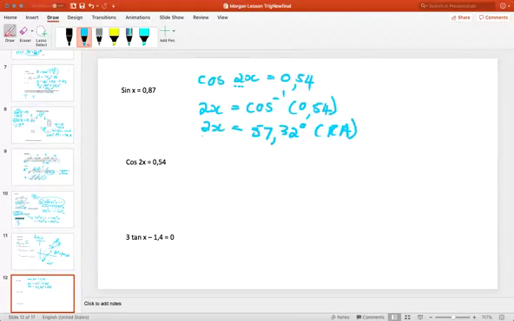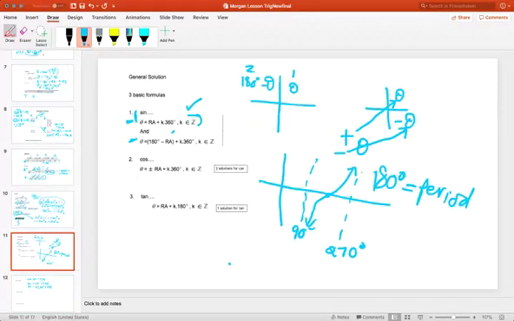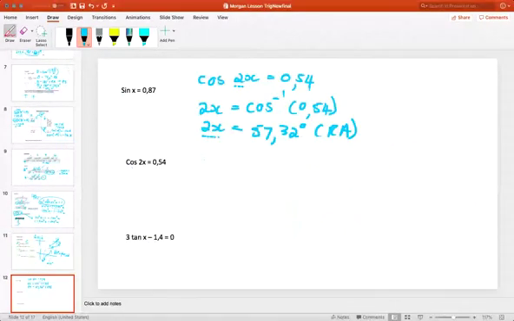And you will notice that we have left the 2x. We have not solved for x just yet. So let's go back. Here's our general solution. It says you need plus or minus the reference angle. So now we say the following. Therefore, 2x is equal to plus or minus the reference angle